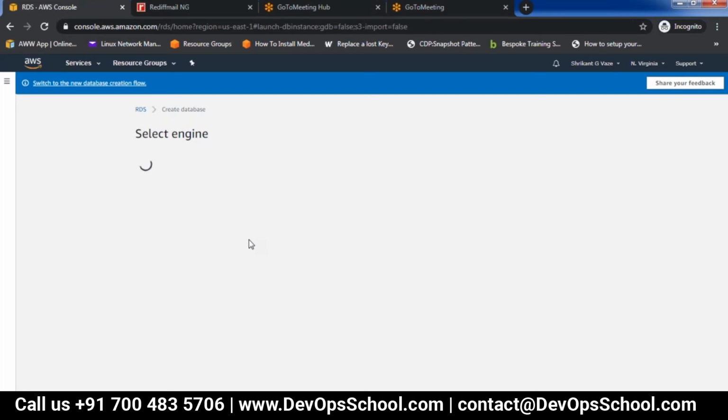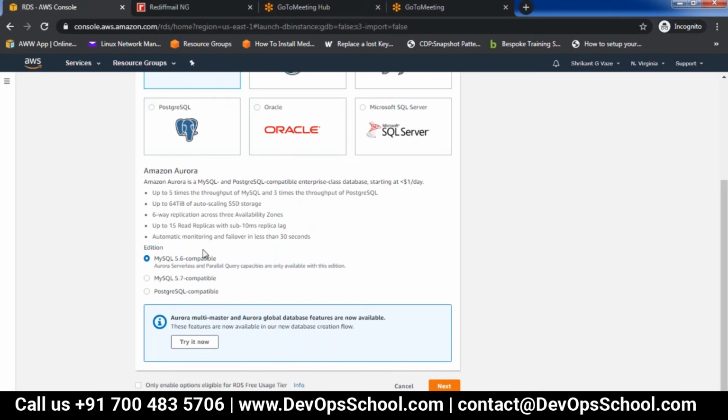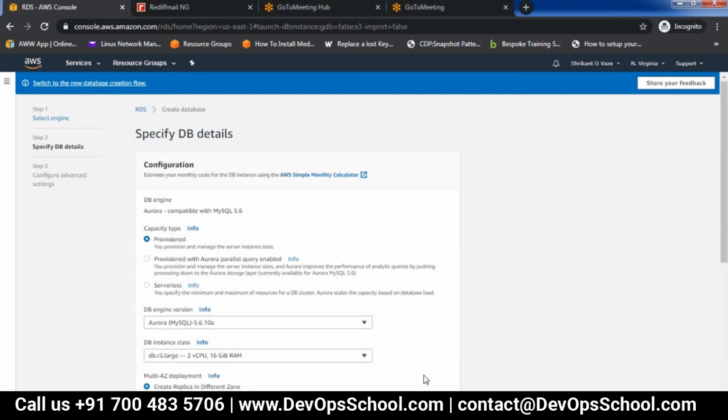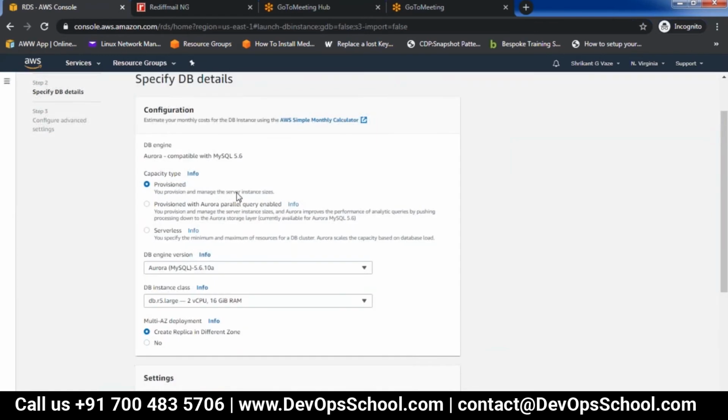This has become very slow. Okay. So for Aurora, if I go ahead and select, I have these options here: MySQL or PostgreSQL. There are a lot of options here. Provisioned, to provision and manage the server instance sizes.